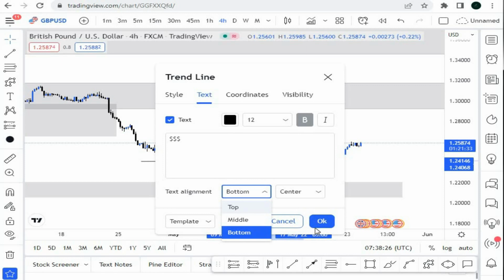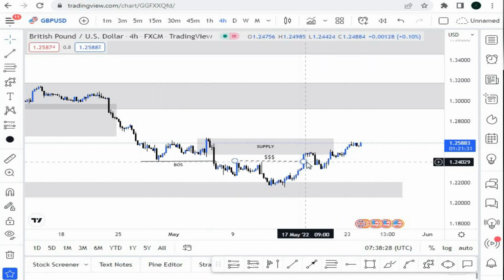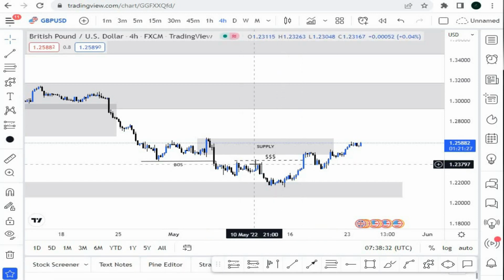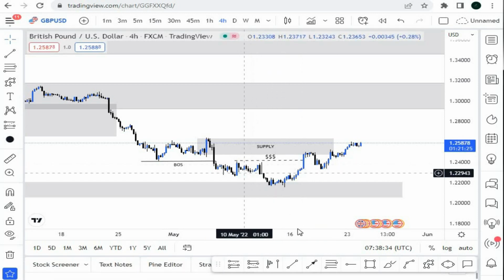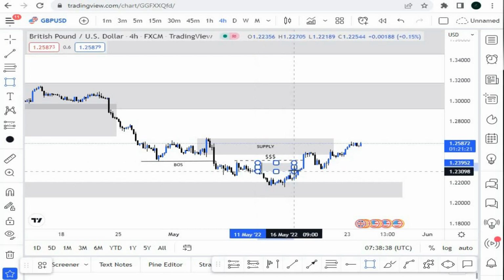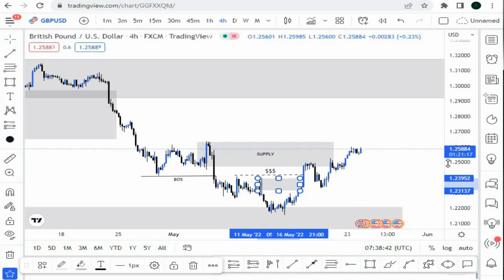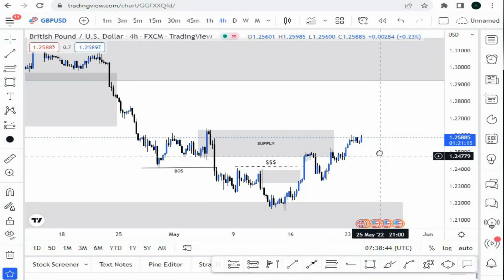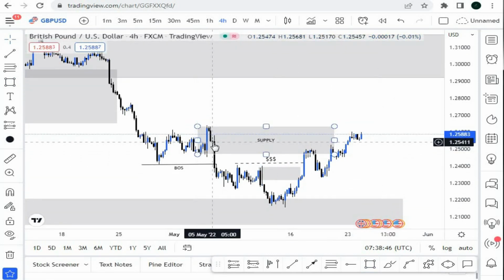Let me put it at top. Okay, so it will now become a liquidity, meaning the price will not respect this zone area, because that's where some of the retail traders look for shorts around this one area, because there's also a drop base drop. So now, as you can see, guys, we had this imbalance candlestick, meaning what you have to do